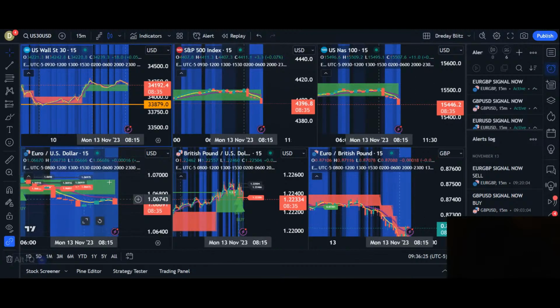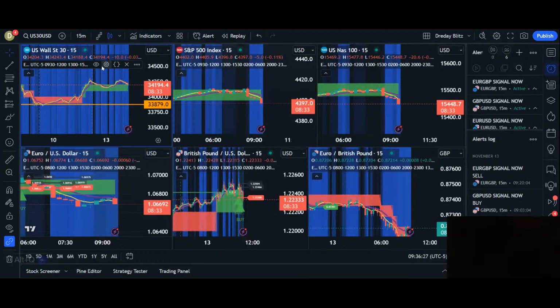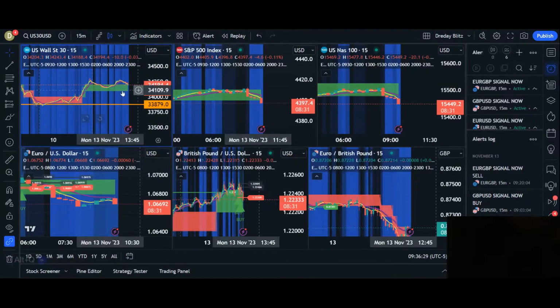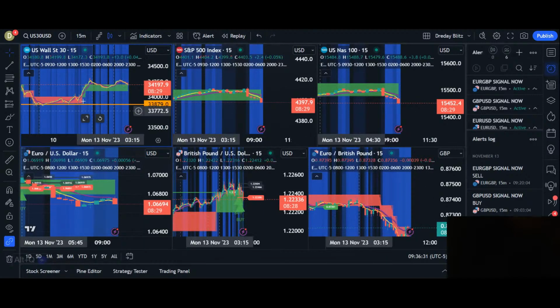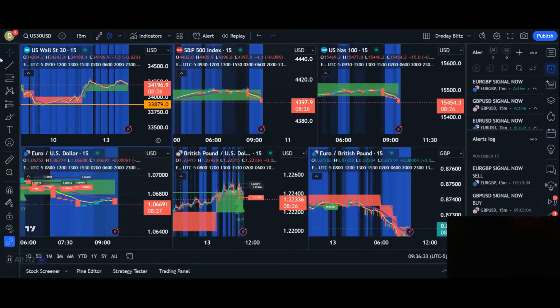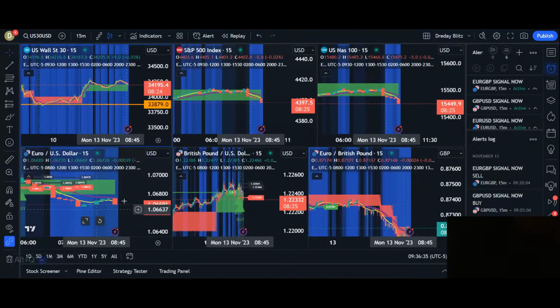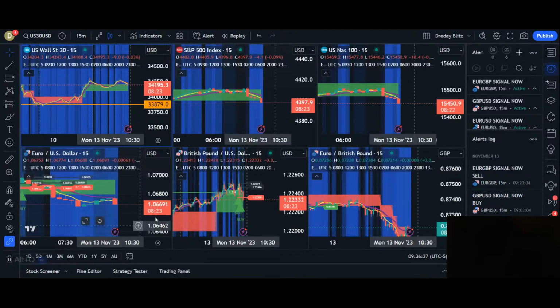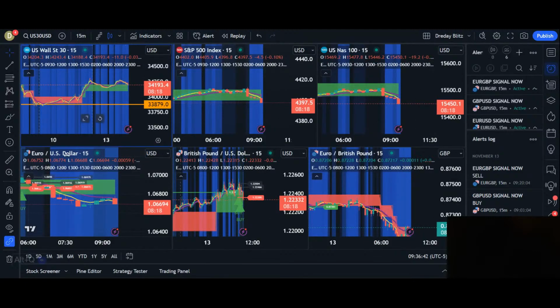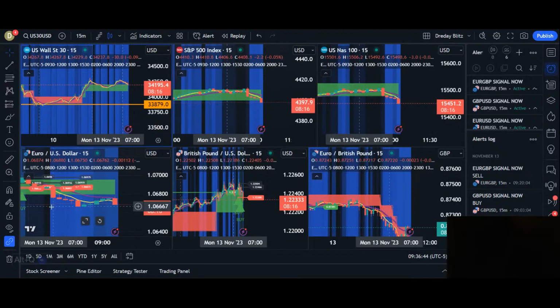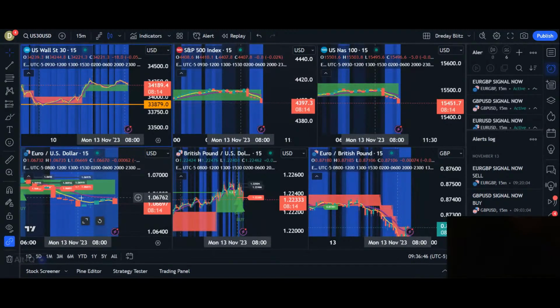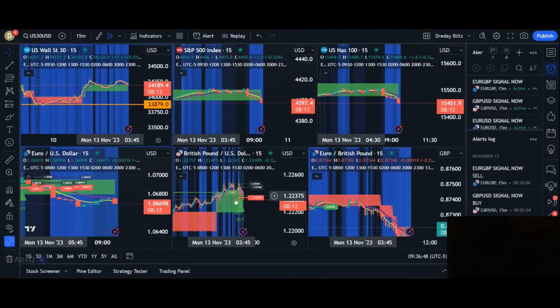Before, I had the Renko at the bottom for the indices, but now since it's already integrated with the indicator, we're able to look at more markets. The markets I'm adding on the live session will be Euro USD, GBP USD, and Euro